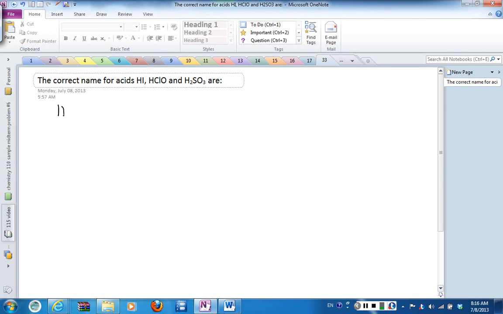HI. Looking at the formula, we have hydrogen and a non-metal element, iodine. Since there's no oxygen, this is a binary acid. And naming binary acids is very simple. We start the name with hydro to identify the hydrogen, and then for the non-metal element we use the root of the name, iodine,